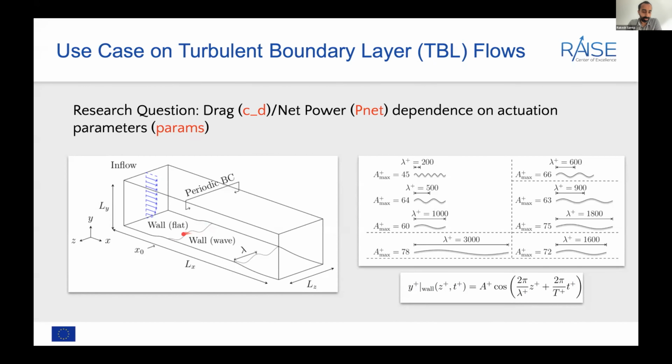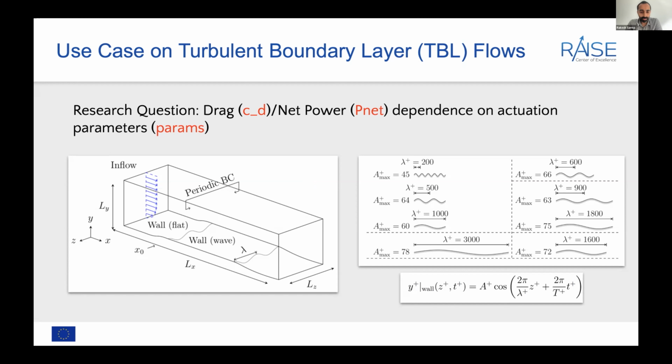By introducing the surface waves, we are able to reduce the drag, which of course leads to more efficient flying. So in this case, we have two parameters. Of course, introduction of these traveling surface waves involves some power, so we are also looking at the net power that is used here. Basically, these are the two parameters, CD and PNet, which we want to predict.